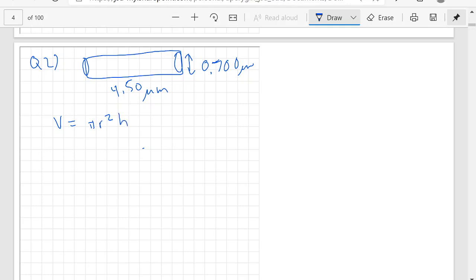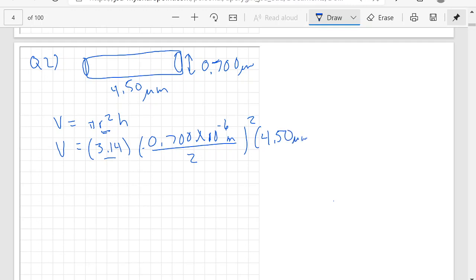And again, our diameter is 0.700, so in order to get the radius, we just need to divide that by 2. So we can go ahead and put this whole thing in, make it a little simpler. 3.14 is pi, we'll just use that. 0.700 times 10 to the minus 6 meters. Because we have micrometers, we're going to go ahead and convert that to meters. Then let's divide that by 2 to get our radius, because radius is half of the diameter, and we need to square that. So that's pi r squared times the height, which is